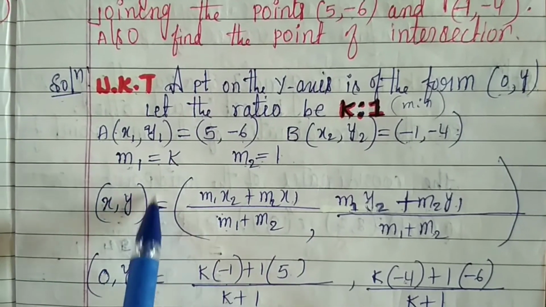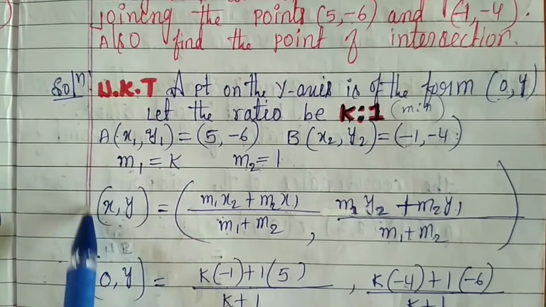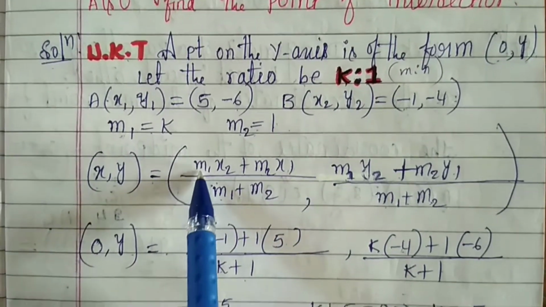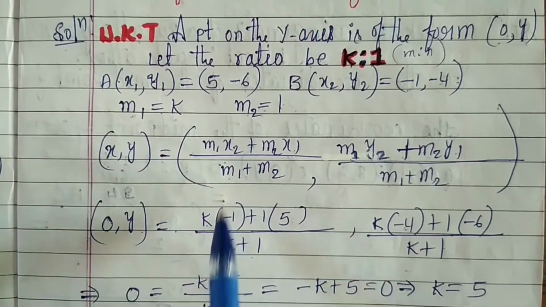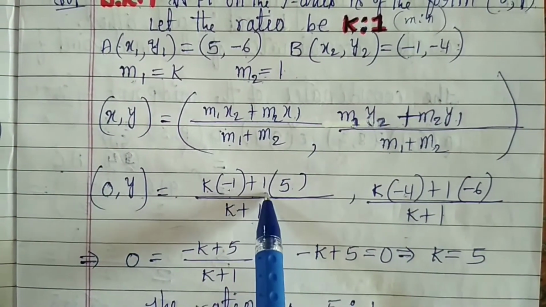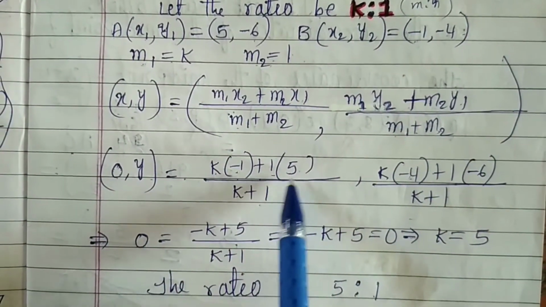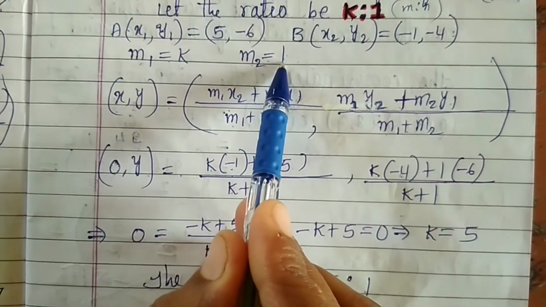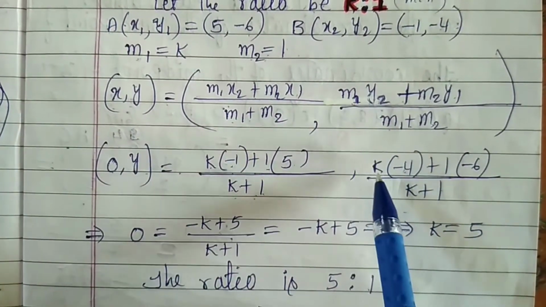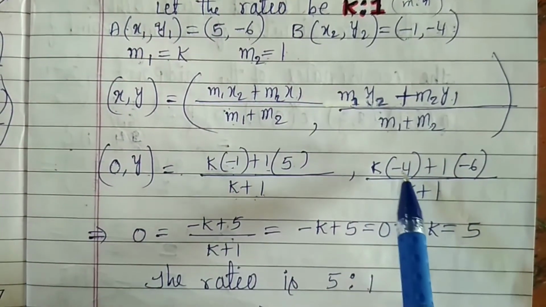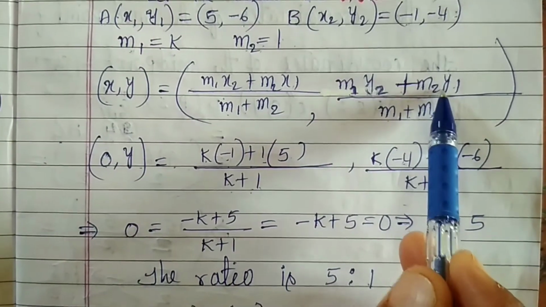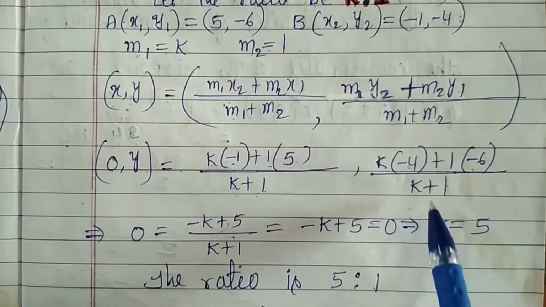So the y-axis is of the form 0 comma y is equal to m1, k, x2, minus 1, plus m2, means 1, x1, means 5, divided by m1 plus m2, is equal to k plus 1, and m1, k, y2 is equal to minus 4 plus m2, 1, y1 is equal to minus 6, and also k